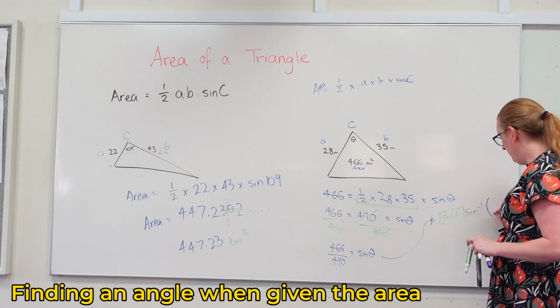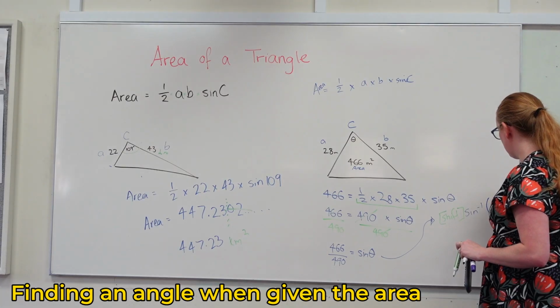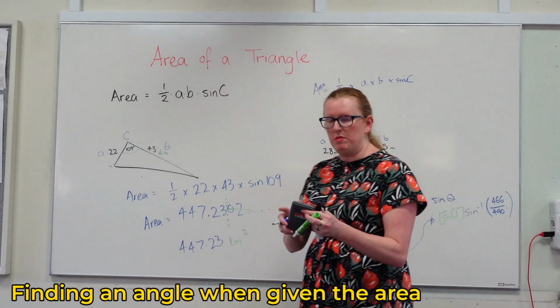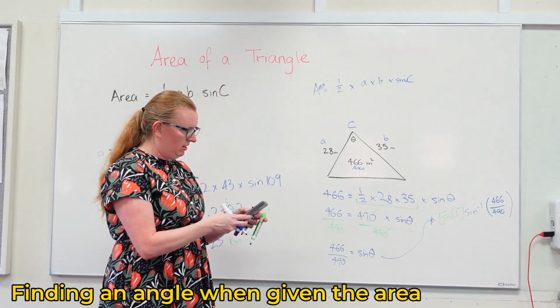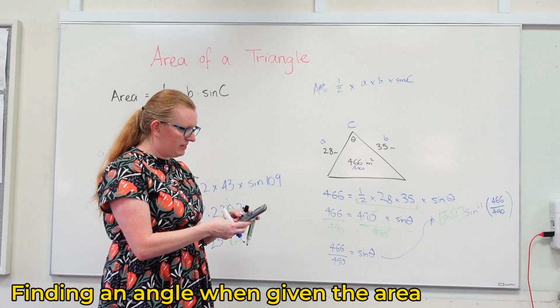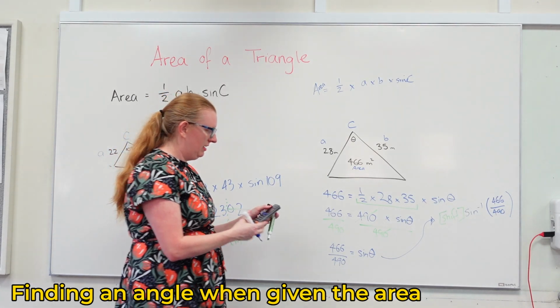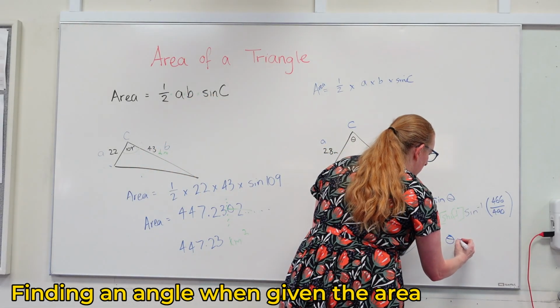Then I type into my brackets my fraction, so 466 over 490. Type that in and I get shift sine 466 over 490, close bracket, and I get theta is equal to